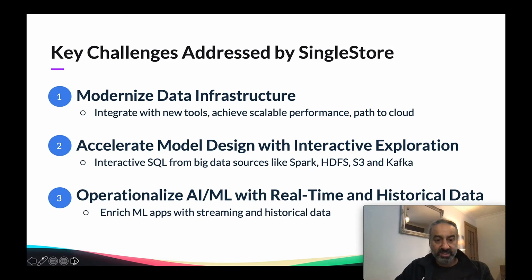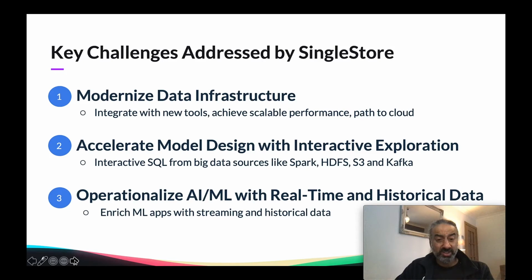And last but not least, operationalizing these models using real-time and historic data, which allows you to execute in real time in milliseconds using standard SQL executed on top of SingleStore.